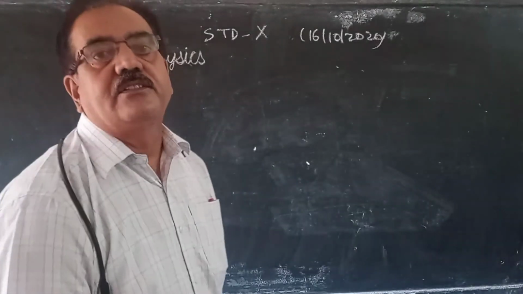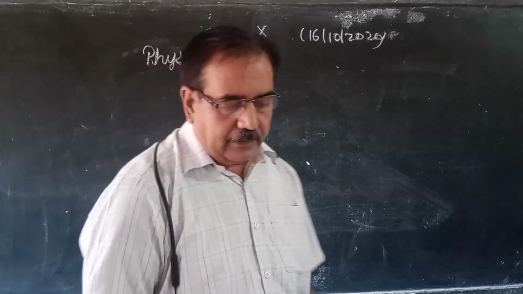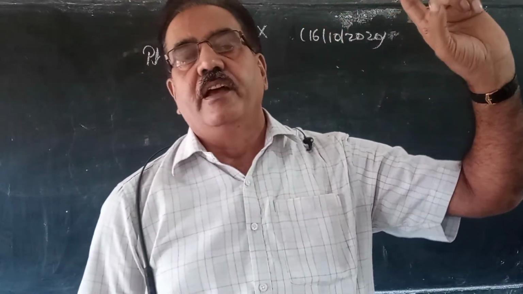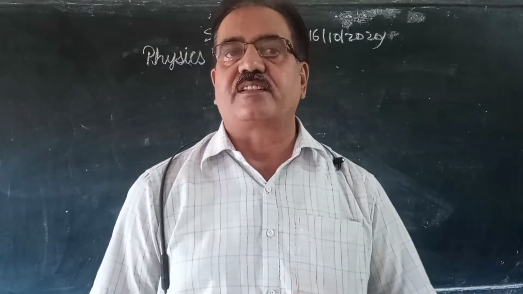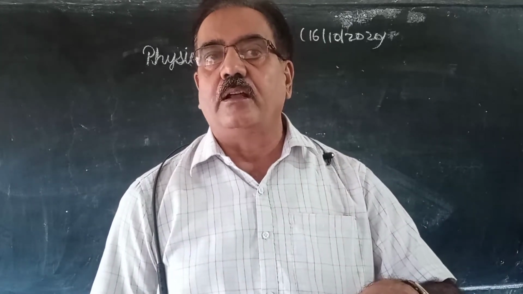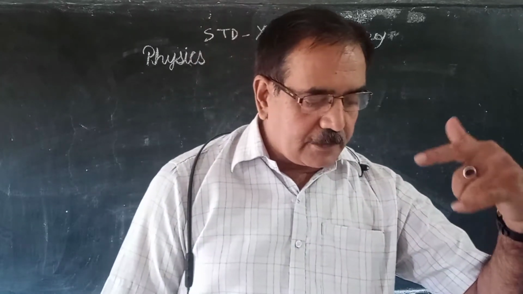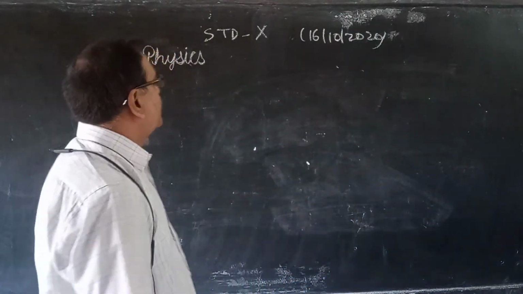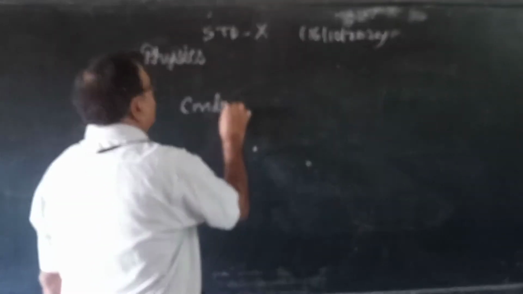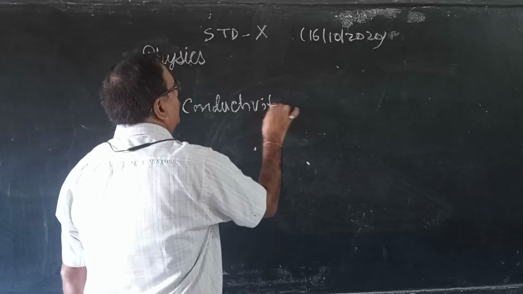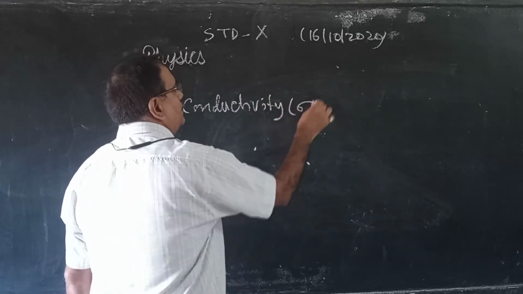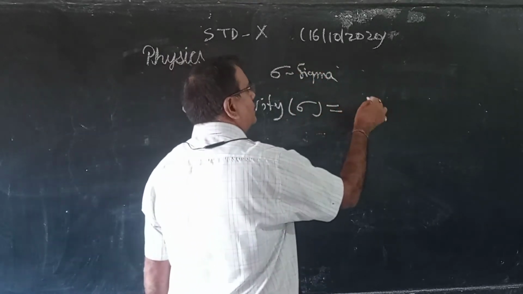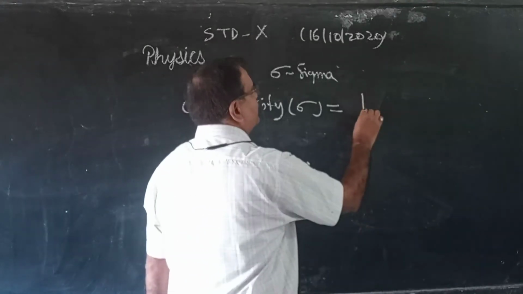Then the reciprocal of the resistance is known as conductance. I explained to you the resistance. Here, the resistivity of the material, the resistivity or specific resistance: what is the reciprocal of the resistivity? The reciprocal of resistivity is conductivity. And it is denoted by the symbol sigma. And sigma is equal to, as a definition, the reciprocal of resistivity, rho.